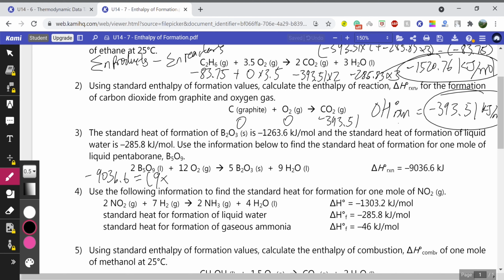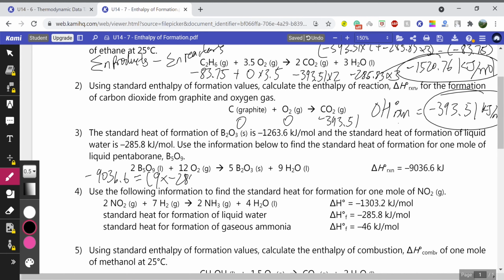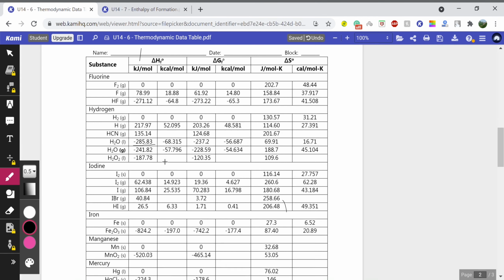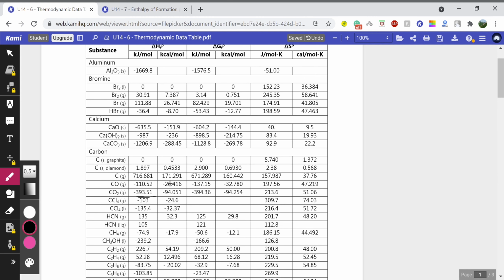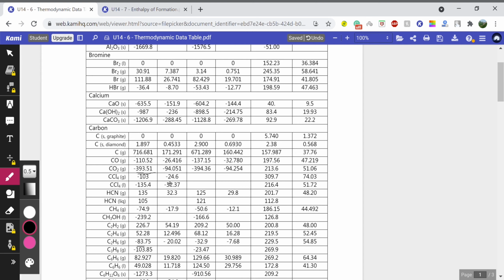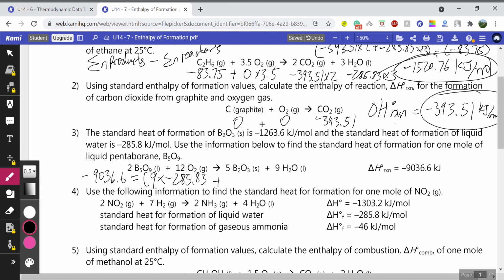Products is 9 moles of H2O liquid, negative 285.83, plus 5 B2O3. B2O3 is negative 1263.6, times 5,